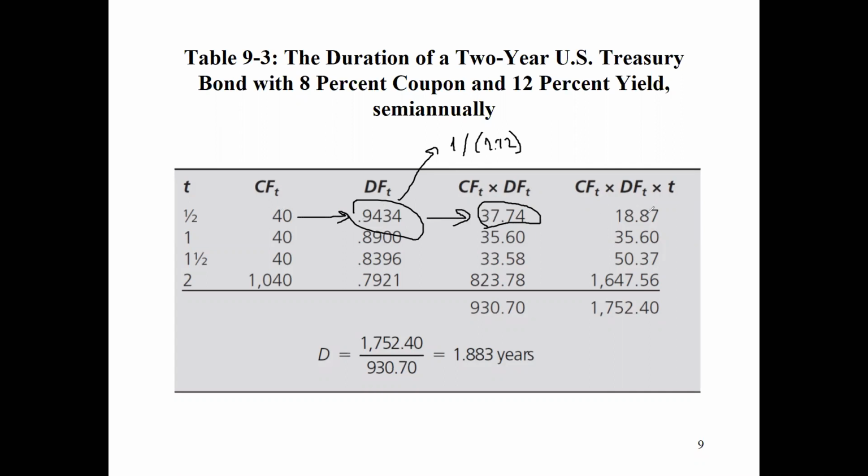But then for the last stage of the calculation, the present value or discounted cash flow should be multiplied by the corresponding period, which is 1.5, and that will be equal to 18.87. And we do the same thing for all periods. Why do we have 4 periods here, even though the question says it is 2 years? If it's semi-annually, it means twice in a year, so in 2 years it's going to be 4 times. So 0.5, 1, 1.5 and 2, every 6 months.